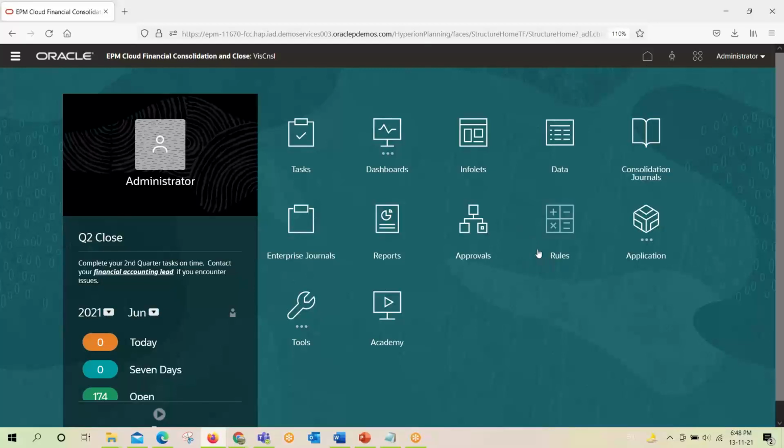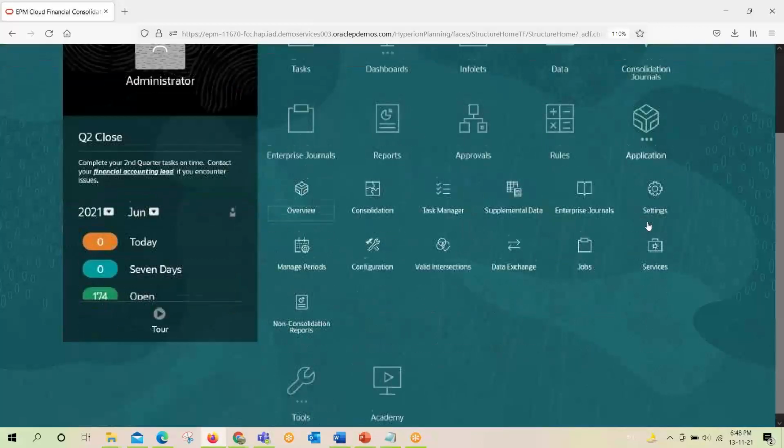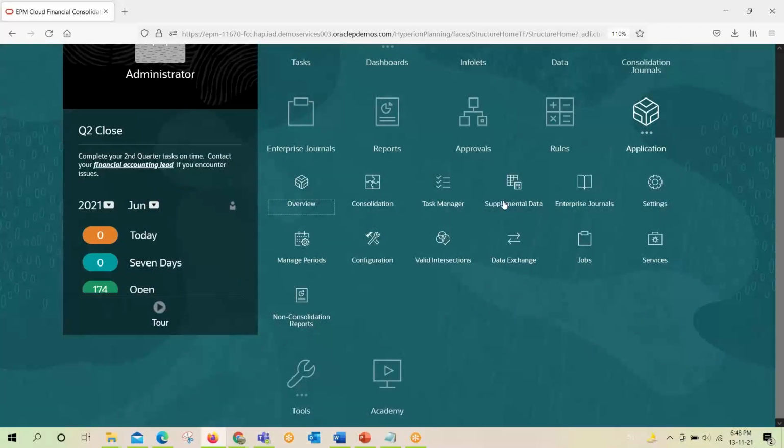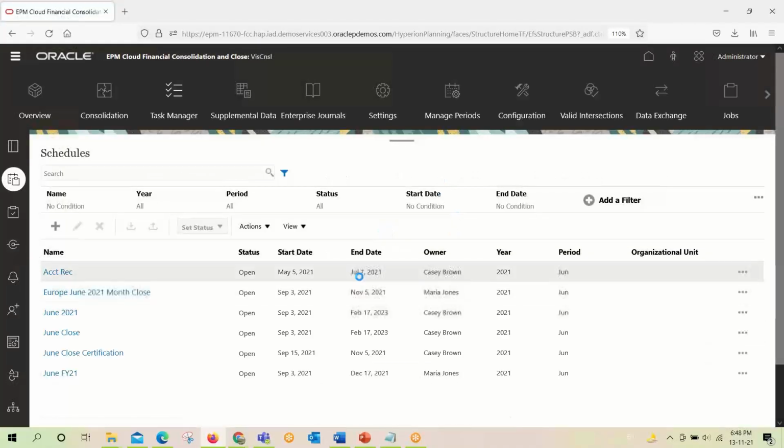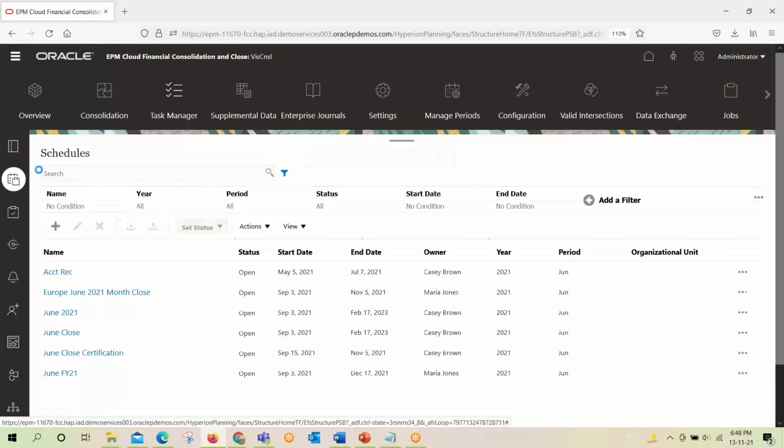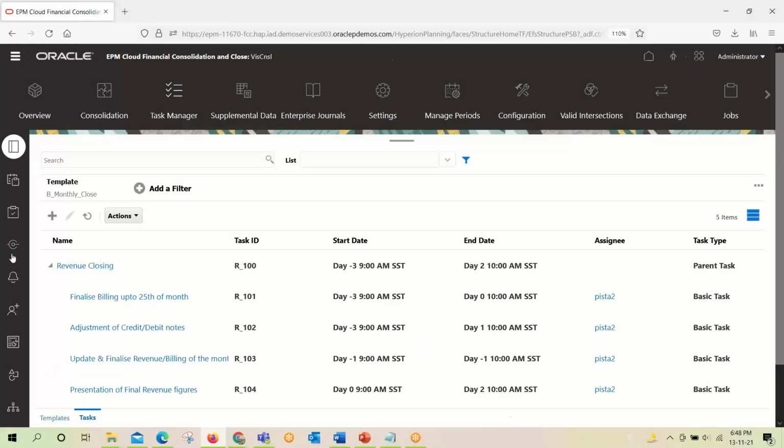So this is our FCCS application, and from here we will create a task manager schedule. This is the task manager where we will create one template. These are the different templates.